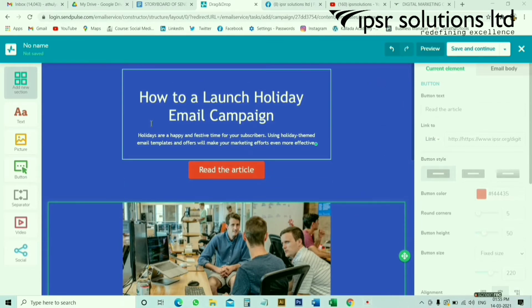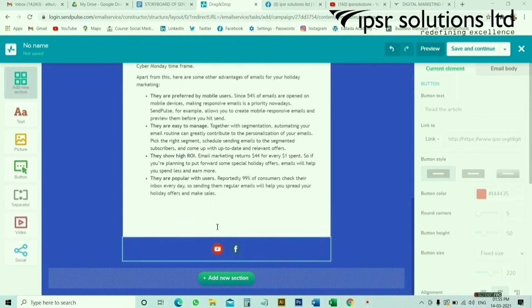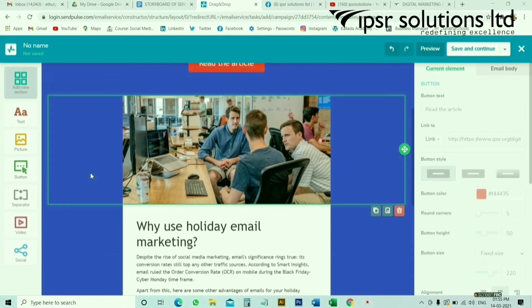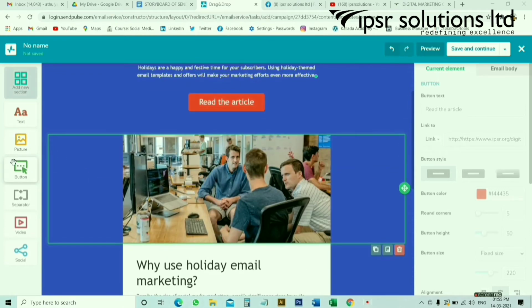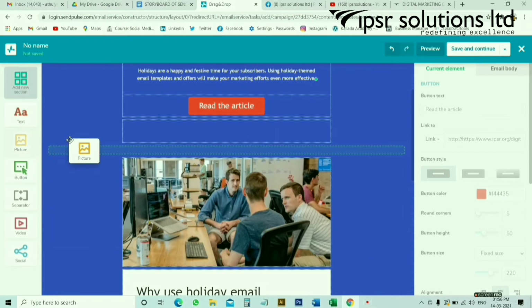In this template, we can add our company logo, text, social media links and make changes to suit your needs. On the left side of the section, you can drag and drop this element to the template. Click the element, then drag and drop.